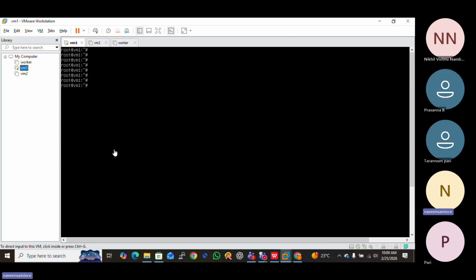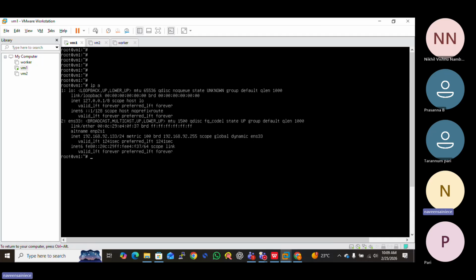Now, how to access the VM? Simple. This is the console access of the virtual machine, the screen you have seen, right? We will get the IP address of the VM. Every virtual machine has an IP address, because all VMs are in some network. That is a virtual network created by VMware.